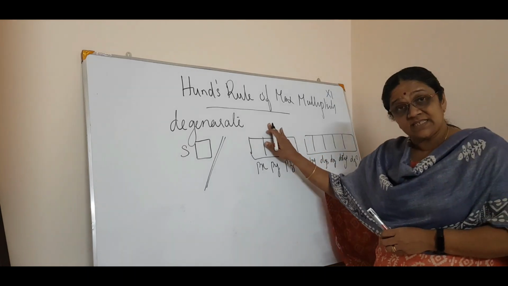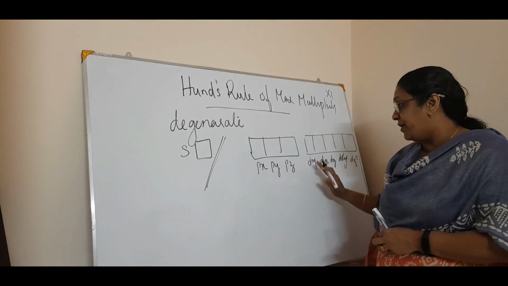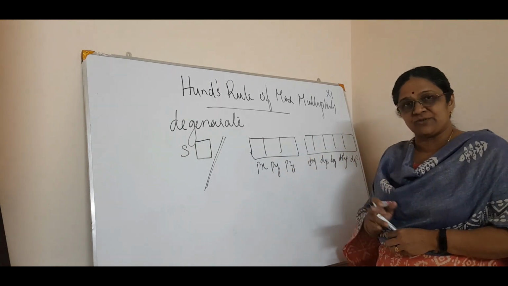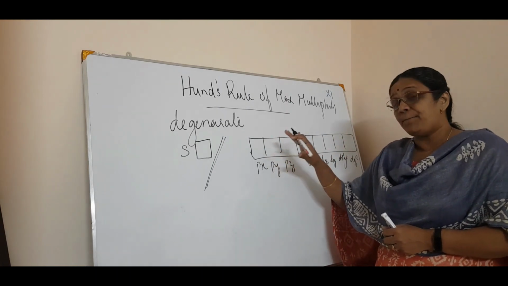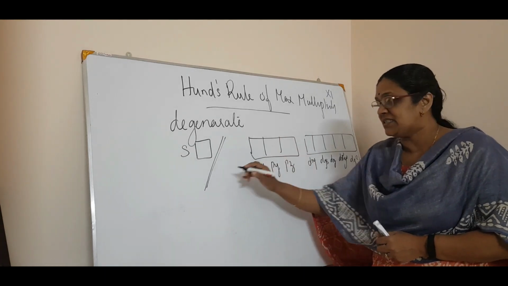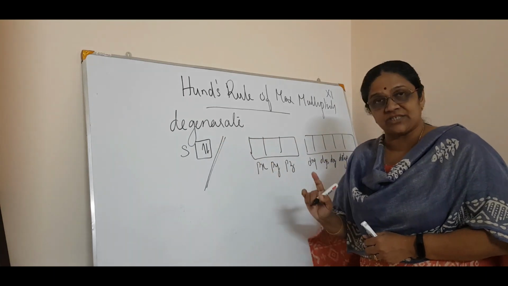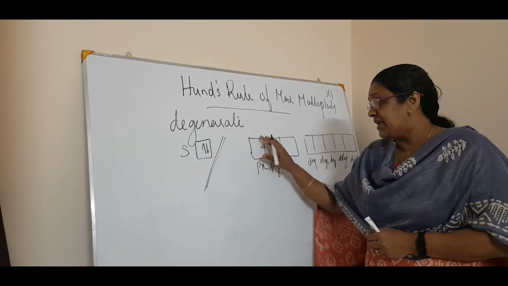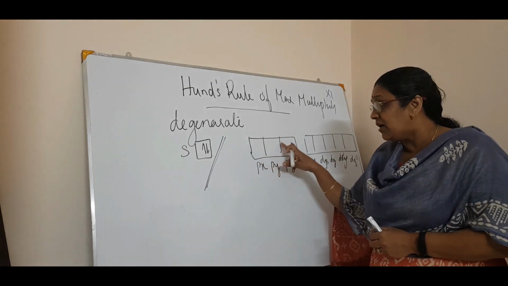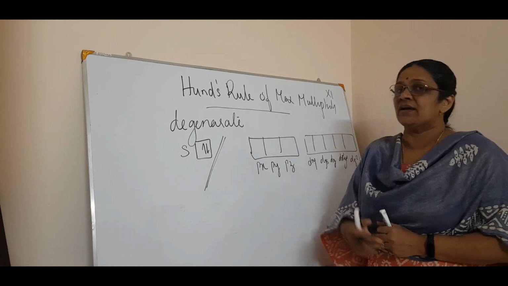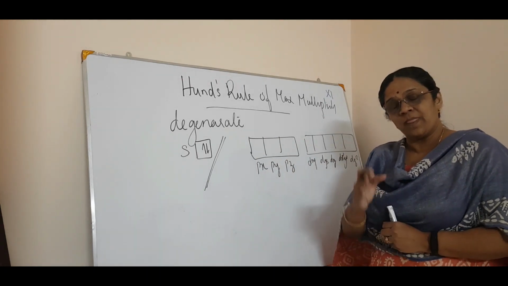Then for the same subshell, what I am talking about is the same subshell. That means if it is p or d or f, whatever be the subshell, the filling takes place in such a way that the pairing takes place. What I mean is pairing of electrons, one in one direction, the other in the other direction. So pairing takes place in the same orbital or the same subshell only after all the orbitals have got at least one electron. Then only the pairing happens. You understood? I will make it clear.